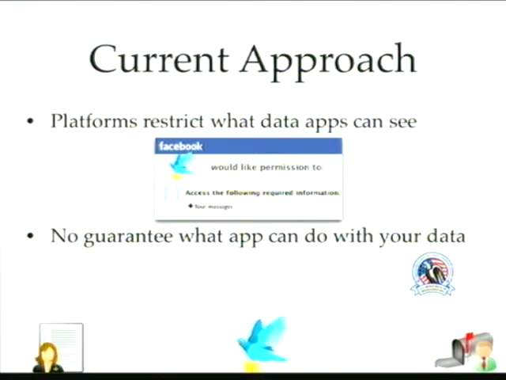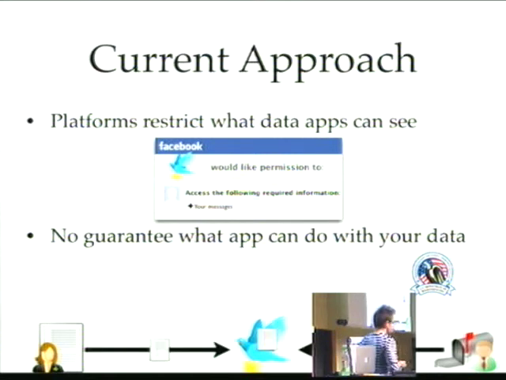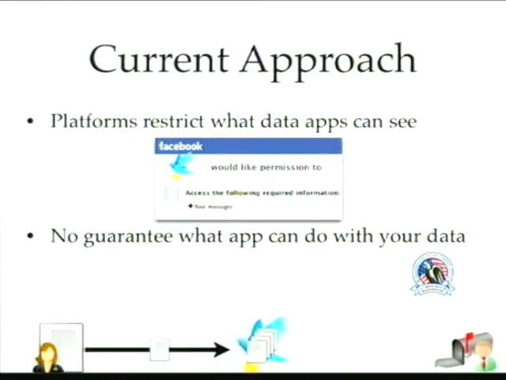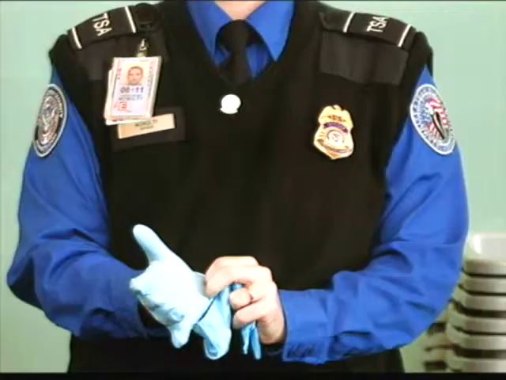If the app, maybe it's malicious, maybe it's not, is leaking information in some way, a TSA agent would now just always send Bob a message. And when it sends a message, the application can scan all the previous messages. If he happened to send Julian a message, it would leak to the TSA, and at the same time pretend like it's doing its real job. So that's, to some degree, the worst part about it, in that these applications can be doing malicious things and you'll never actually know about it until you reach the borders.